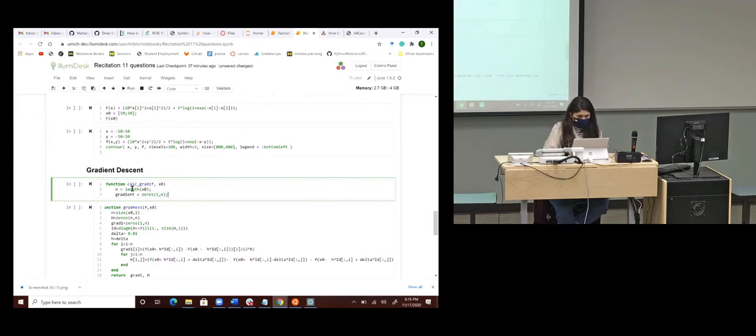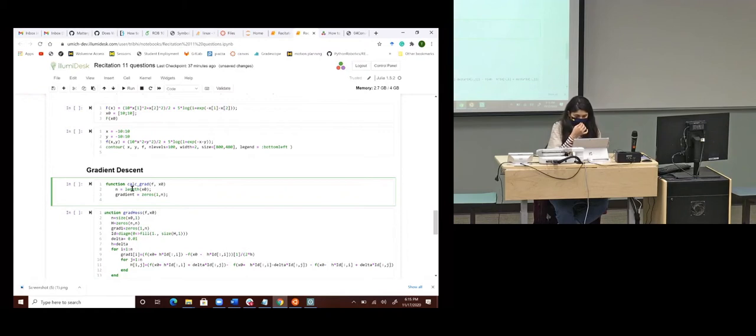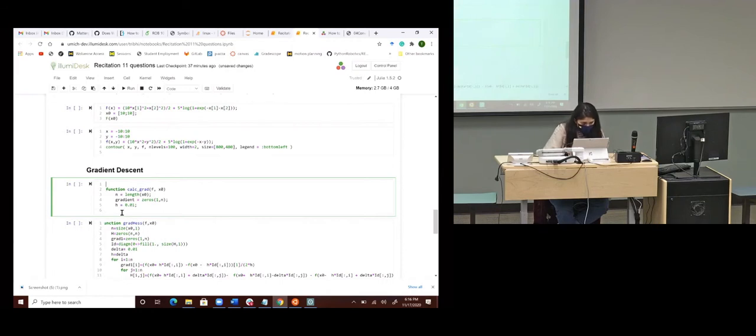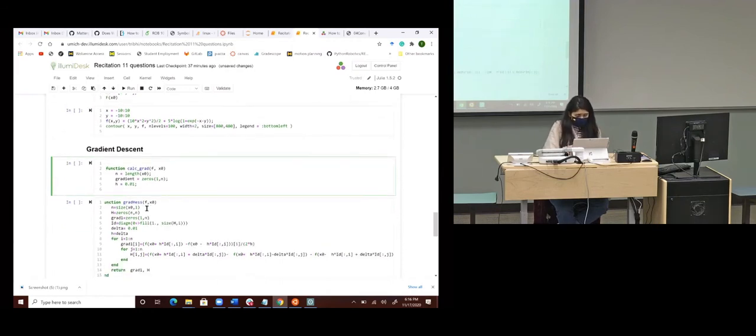We initialize it with the value 0. And let's say your h is 0.01. This is for R2, let's say, or let's keep it general. So for i equals 1 to n,